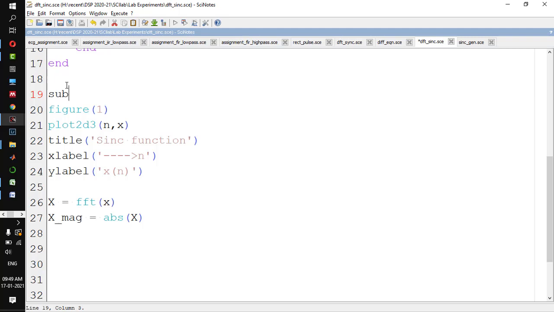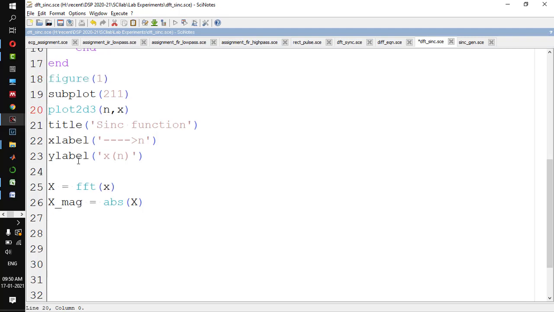So subplot. We have two rows, one column, in the first figure. So this has to be above, Control B. So this is in the first figure. Now next subplot, two rows, one column, in the second figure.